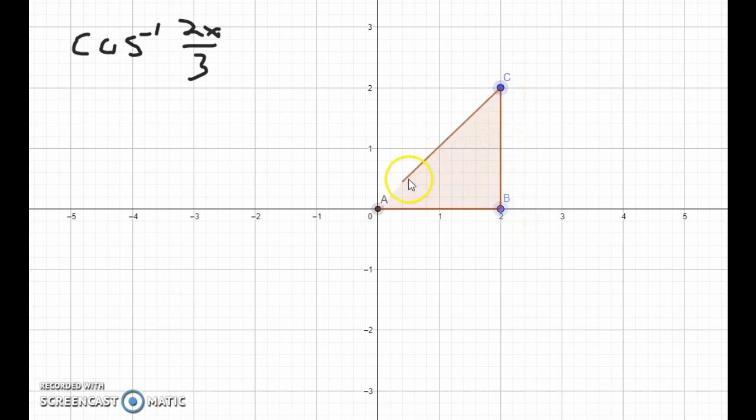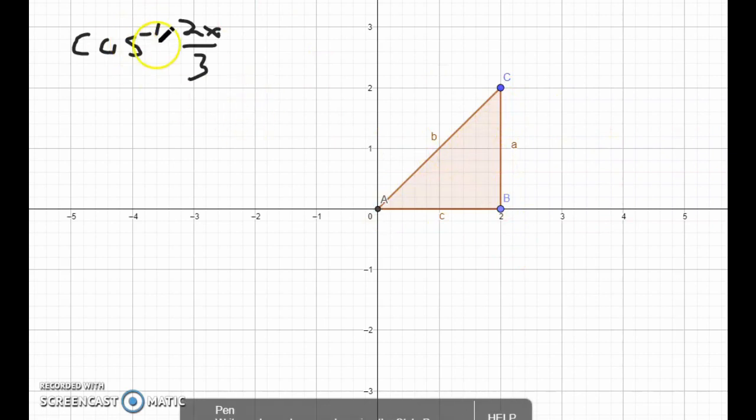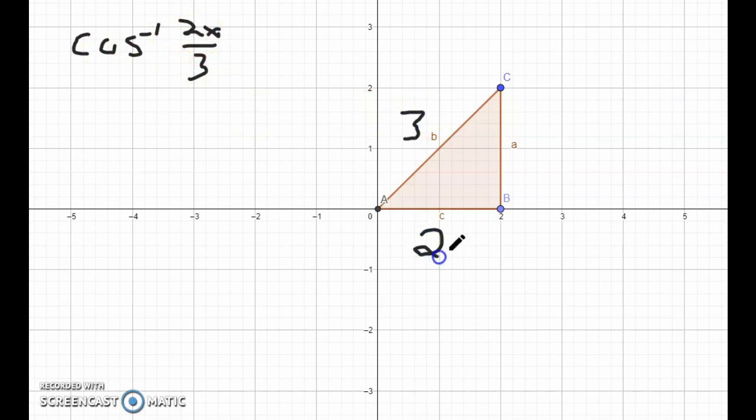We're just going to draw our arbitrary right triangle. It doesn't matter what it looks like. We just need a right triangle in the first quadrant. And we have our 2x as our adjacent, and 3 is our hypotenuse. So we have these. And this side will be the square root of our hypotenuse squared minus our adjacent squared. So that is what that is. 9 minus 4x squared is what the